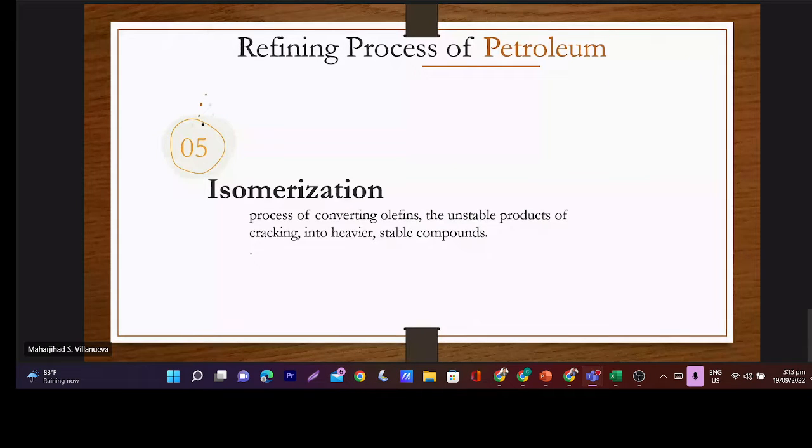So next po is isomerization. Isomerization. From the word itself, isomer,